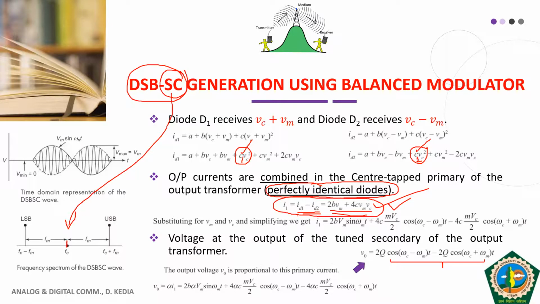So mathematically this is not possible, but practically we desire that some part of the carrier is required. That's why we accept this. So a balance modulator should theoretically give double sideband without carrier, but practically a balance modulator will give us double sideband suppressed carrier, which is what we actually want. I think this point is clear to everyone.